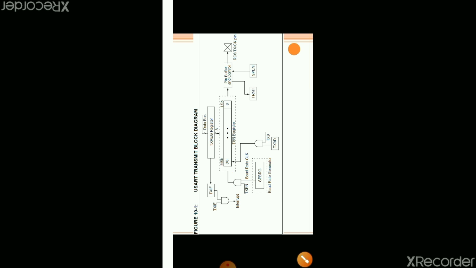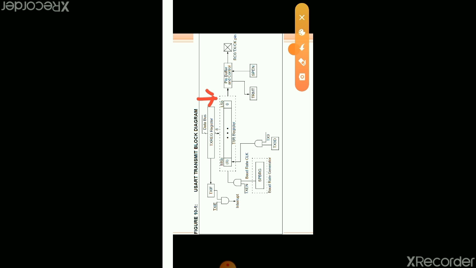So step by step we'll see what happens. The data we want to transmit is copied first to the transmit register, the TXREG register, which is the transmit buffer register.